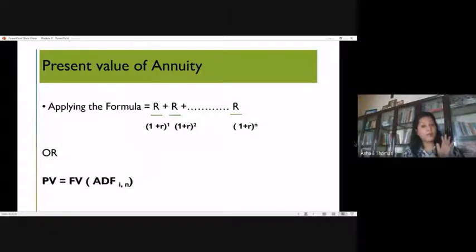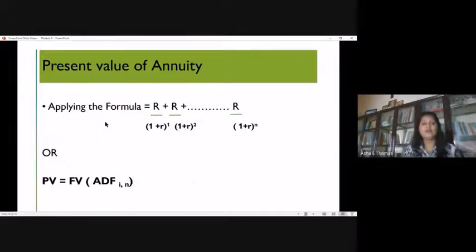It carries on for as many years as the cash inflows last. That's one method, directly using the formula, which is a lengthy method. The same you can do using Excel also. It's very simple. You can drag it, you can give the value, and you get the answer. It's very easy to do with Excel, but for your university purposes, you have to do it manually.